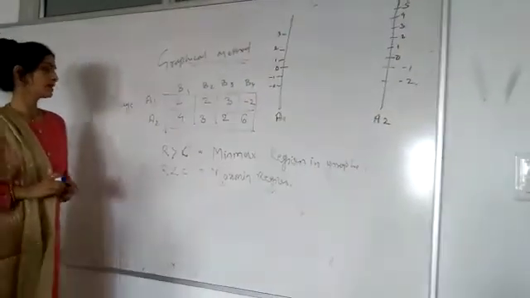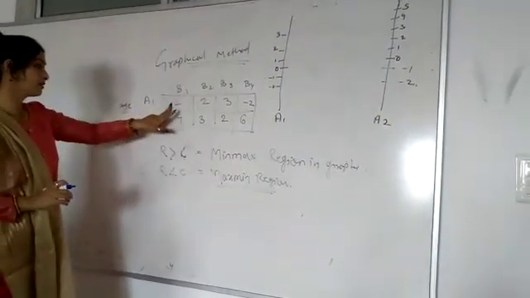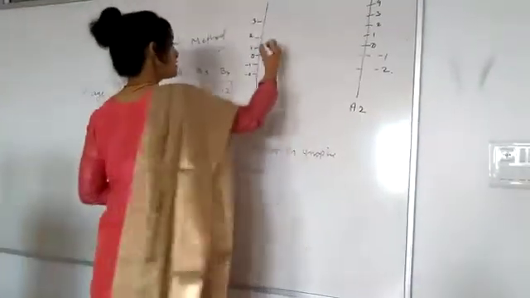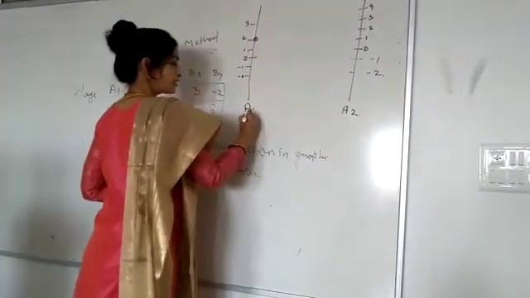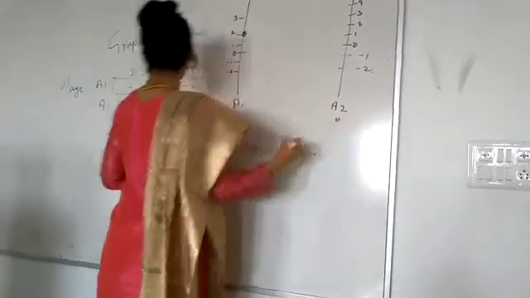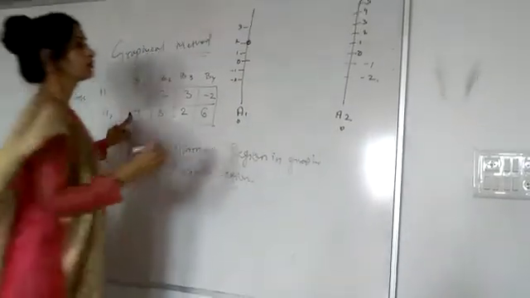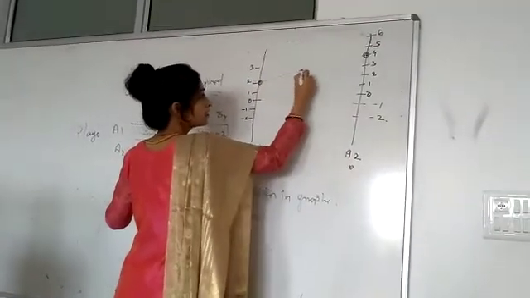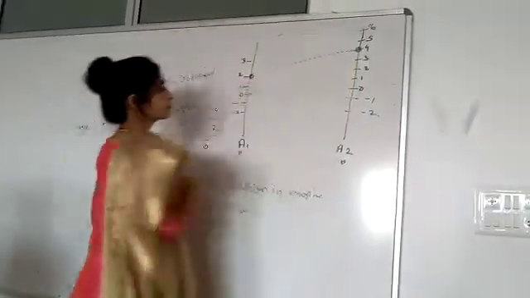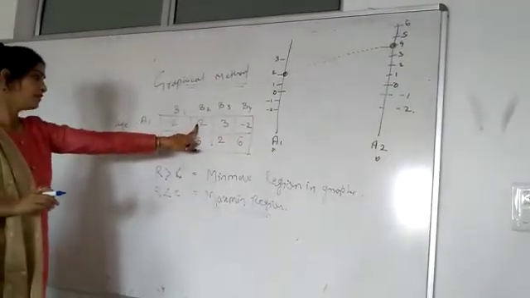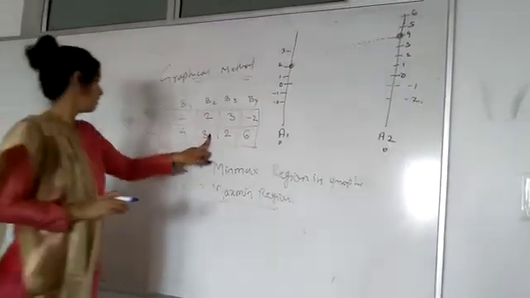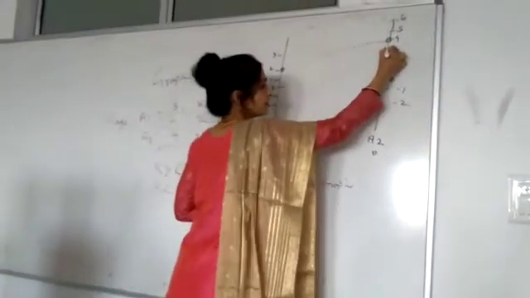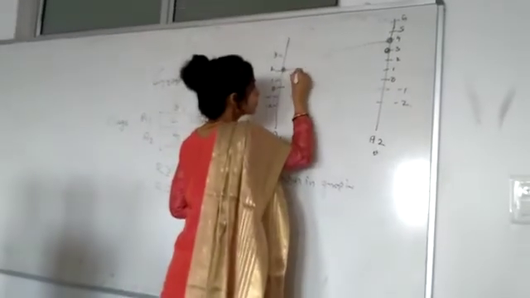Now come to this table. For B1, A1 is 2 and A2 equals 4. A1 is 2, this is the point, because this is the A1 line and this is the A2 line. A2 is 4. Two points are there, and now we connect them. Same for B2: A1 is 2, again the common point, and A2 is 3. This point is there. Again connect these points.